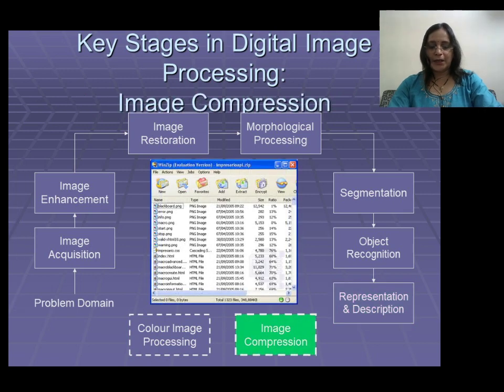The next is image compression. Everybody knows that we communicate with image data in our day-to-day life. For example, WhatsApp images, Facebook images, we are communicating lots of images. We have to send them from source to destination. And we have already seen how much data we require to store one image. Suppose it is 1024 by 1024 bytes. At least this much data we have to use to store one single image, and it is a grayscale image. If it is a color image, then again the size of the image increases.